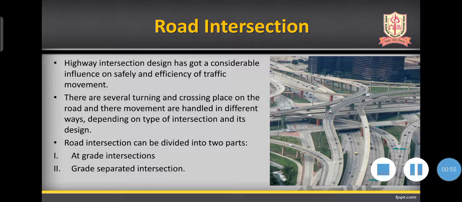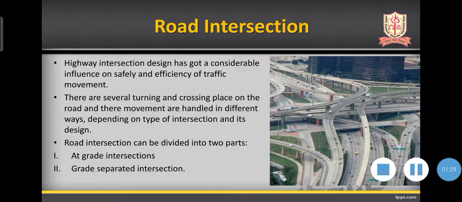Okay. On the road, if two roads are meeting or crossing each other, then that is known as a road intersection. At a road intersection, the maximum traffic and maximum accidents occur. To avoid that and ensure smooth movement of vehicles, we provide bridges, underways or overways, or simply provide traffic control devices over there.